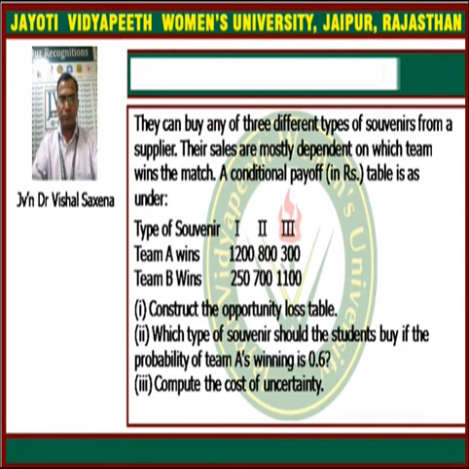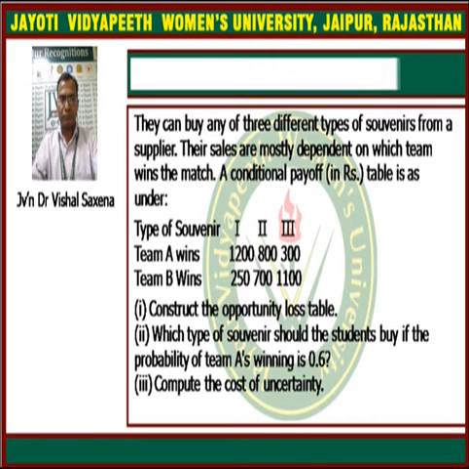According to the question, what is needed is, first, to construct the opportunity loss table; second, which type of souvenir the students should buy if the probability of team A's winning is 0.6; and third, the computation of the cost of uncertainty. So in this question we require three important parts of decision theory. One is the opportunity loss table, and the second is